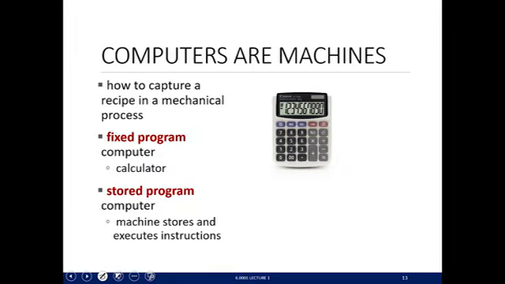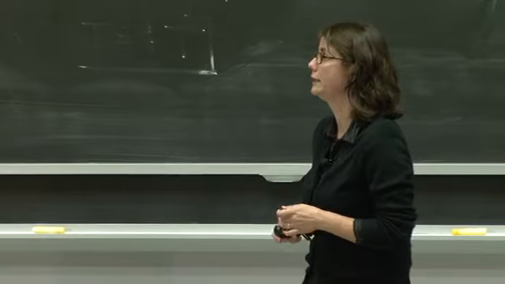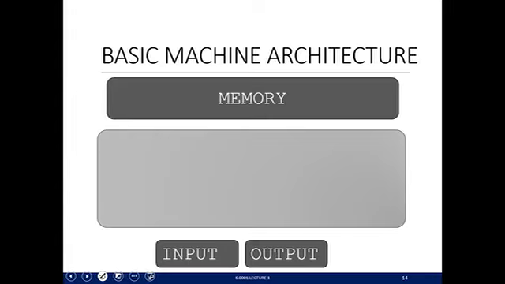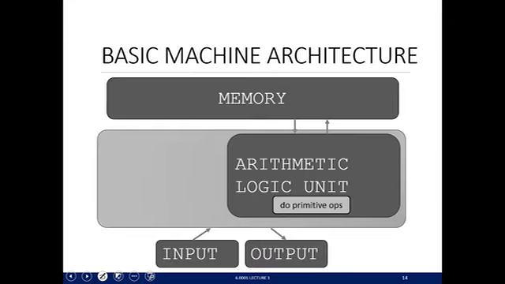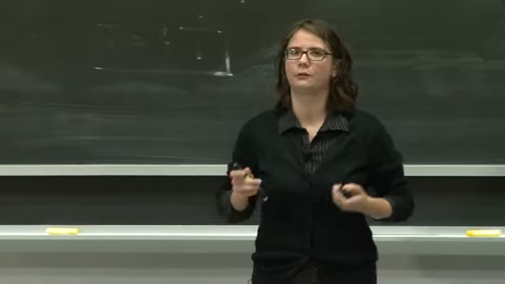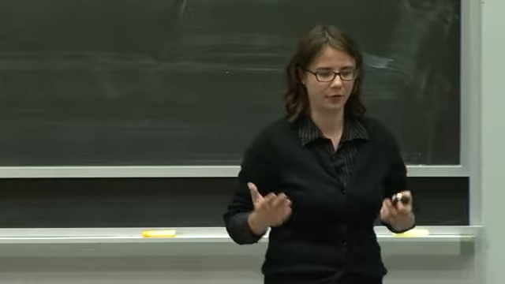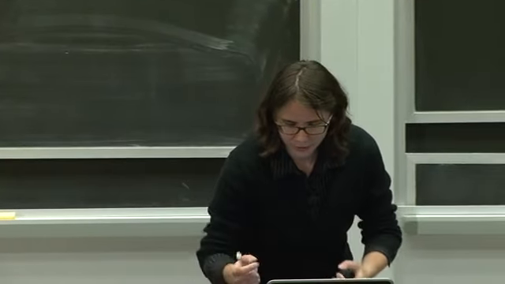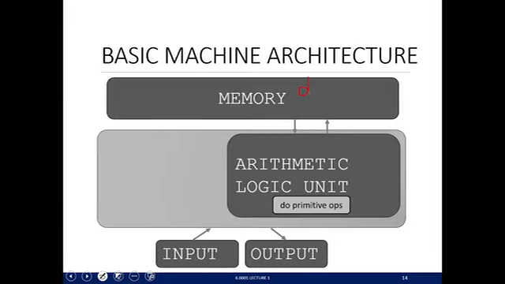So the basic machine architecture: at the heart of every computer, there's just this basic architecture, and it contains, I guess, 4 main parts. So the first is the memory. Input and output is the other one. The ALU is where all of the operations are done. And the operations that the ALU can do are these really primitive operations, addition, subtraction, and so on. So what the memory contains is a bunch of data and your sequence of instructions, okay?